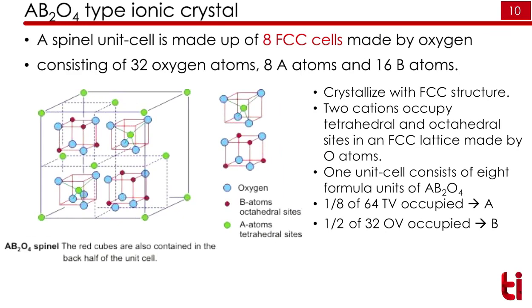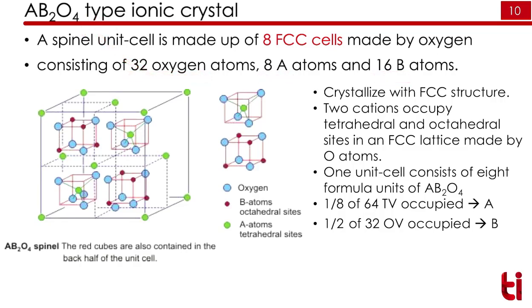Then there is what is called the spinel structure. It has the formula AB2O4. It means that if we have one A atom, we should have 2 B atoms and 4 O atoms. And in this structure we have 8 FCC lattices. So 8 FCC lattices form a spinel unit cell. This is a very big unit cell formed by 8 FCC lattices. So as I said, now there are 8 A atoms, so there should be 16 B atoms and there should be 32 oxygen atoms by this formula.